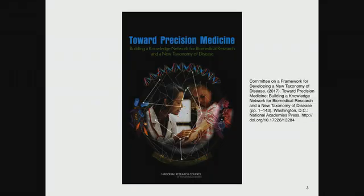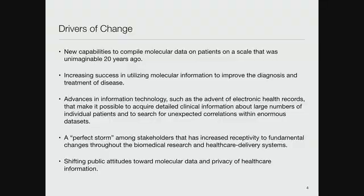So I want to start by reviewing a little bit a study that was done by the National Research Council, so the National Academies, and it's called Toward Precision Medicine. This was fairly recent, 2017. And they have some interesting observations. So they start off and they say, well,